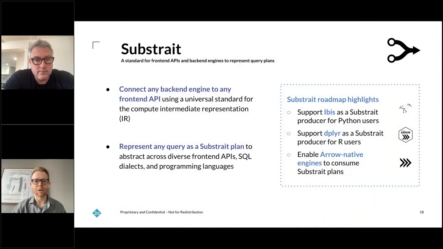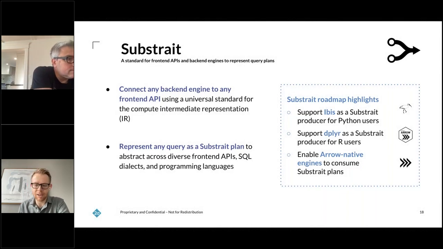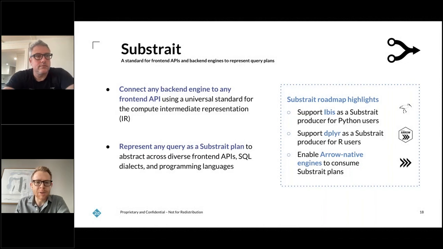What Substrate enables us to do is to decouple front-end user interfaces like Ibis from back-end execution engines like Arrow, Data Fusion, Acero, Spark, and SQL engines like BigQuery or Snowflake or DuckDB. We've worked to generalize what is possible to express in Substrate so that we could target all of these different